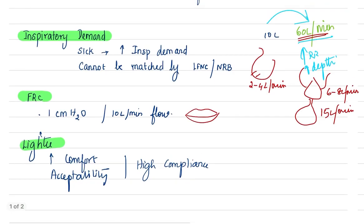FRC is the amount of air that remains in your lungs after a normal breath out. Correct? So this is what maintains your gas exchange even after you have breathed out air. And this is maintained by means of PEEP. I am sorry for this beautiful lips. This was drawn by my son. Okay. So imagine